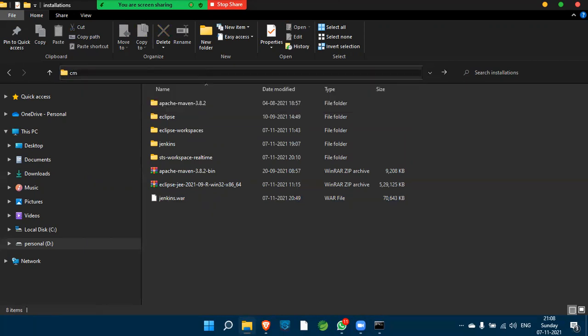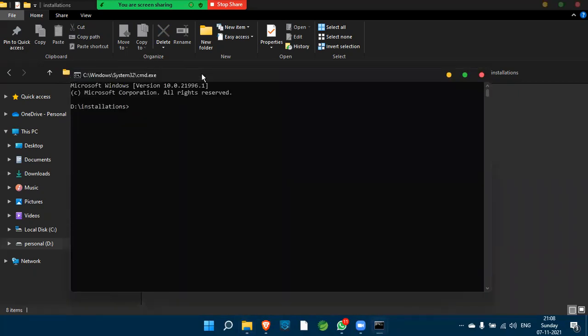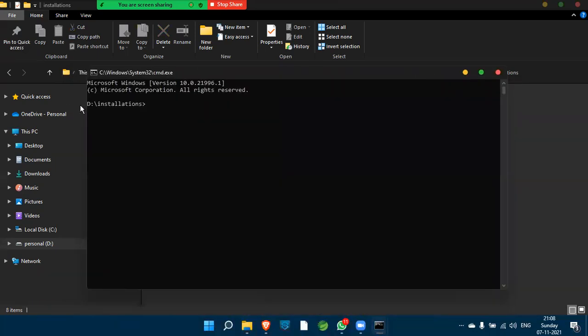See, on my local machine, in the D drive installation folder, the Jenkins war file is available. Once you are here, you can run that Jenkins war file with the command: java space hyphen jar space Jenkins dot war.